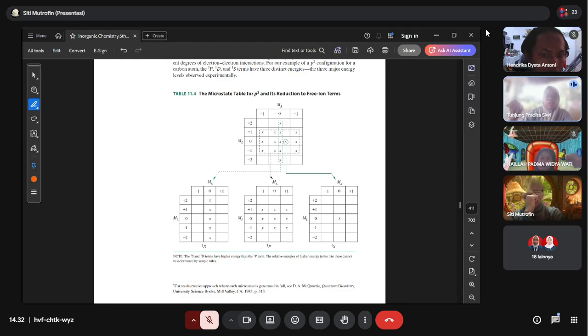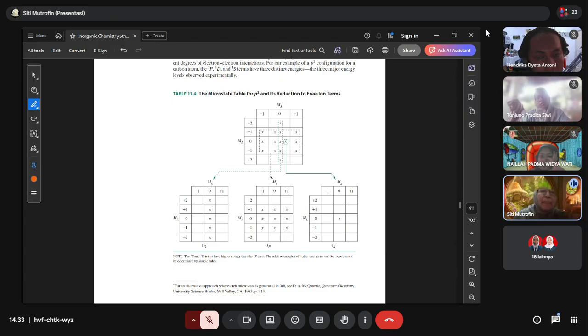The determination of the zero or something. I mean, on the 1D, I don't quite understand why it is placed on the zero, but on the 3P, I think I got why it is placed. It has three different rows, but I don't understand on the 1D part why it is on the zero.